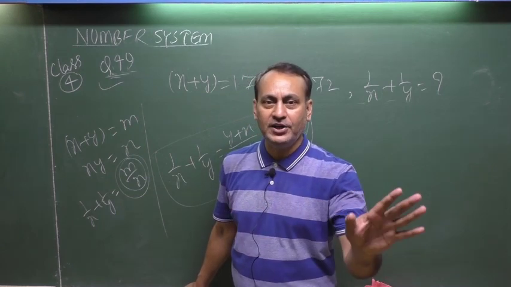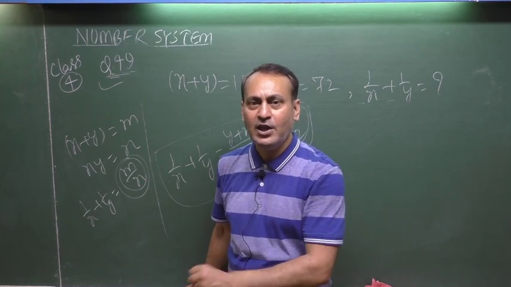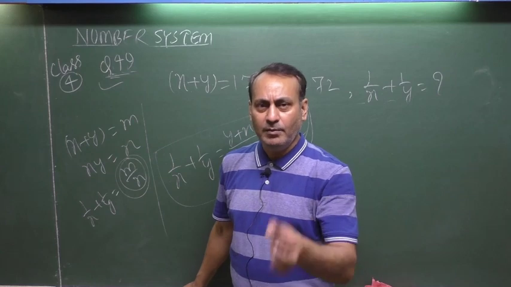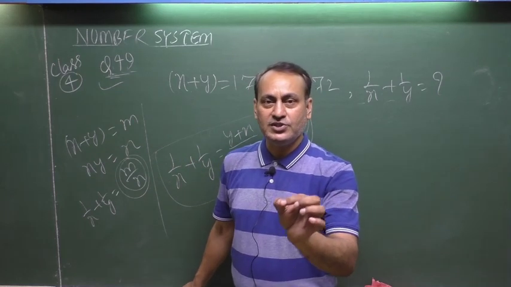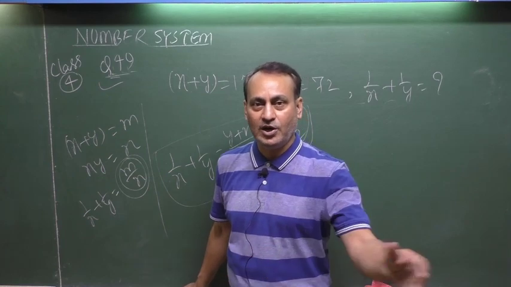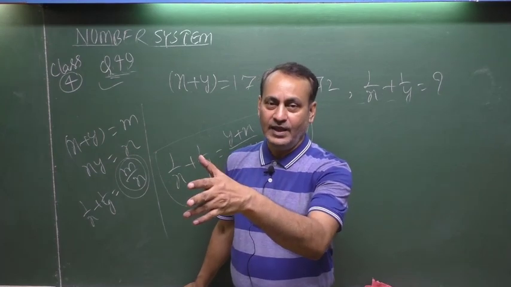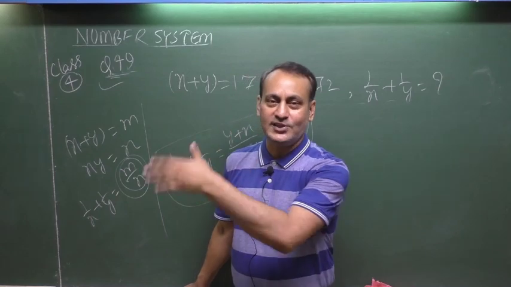No need to bifurcate x and y. No need to waste your time in finding out x and y separately from the equations, from the algebraic equations, from your memories. But what you have to adopt here is only this. Whenever question says the sum is given, the product is given, and find out the sum of the reciprocal of the numbers, you are putting the values of sum first and then by product. That is your final answer in such questions.